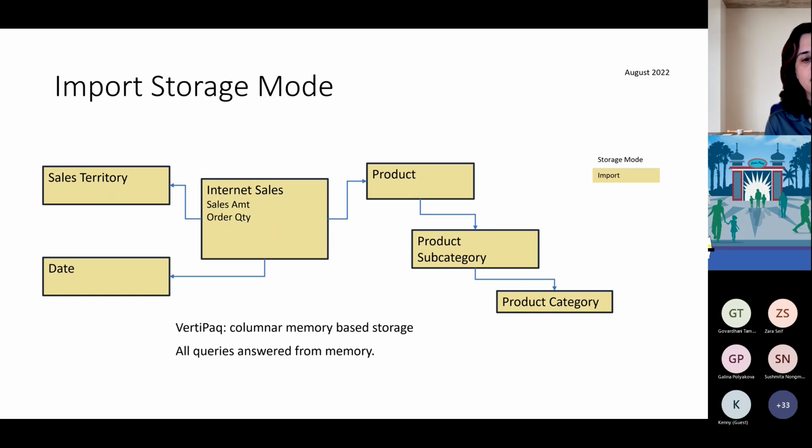The benefit of this is that Power BI uses this in-memory engine called VertiPaq that compresses data column by column, and it's super fast because everything's in memory and everything is compressed column by column, so it can answer analytical queries super fast. So like, give me the distinct list of product categories. It doesn't have to scan all the rows. It can just give you the distinct. So import is a great storage mode. It's the preferred mode for most of the models, right?